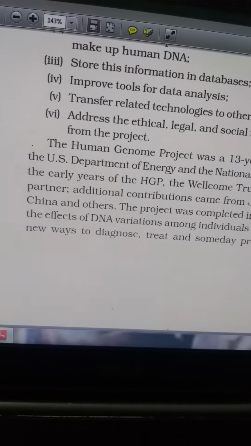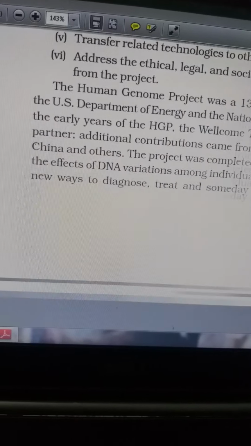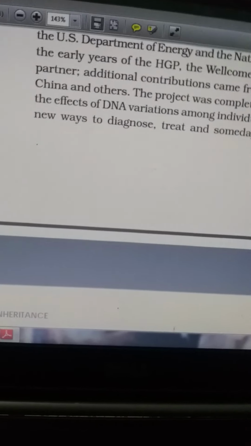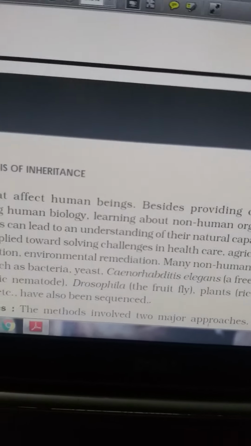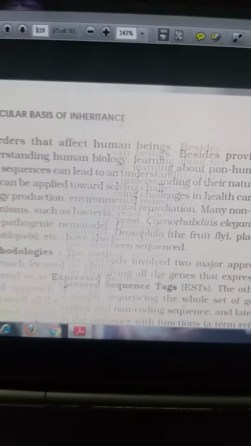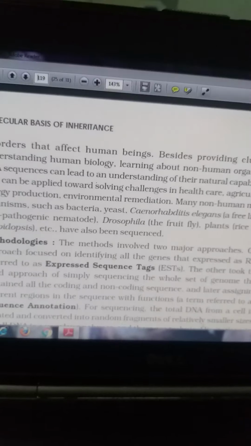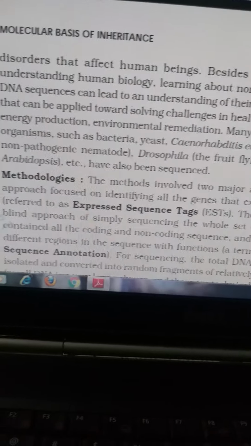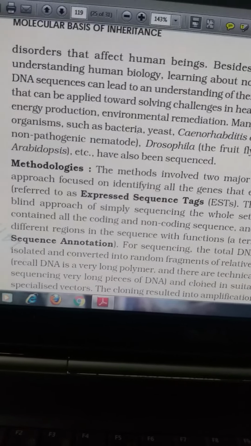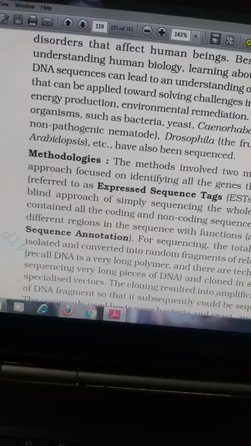And you know, there are certain legal factors also. We cannot misuse human DNA to produce different organisms. We cannot crossbreed them. For example, human DNA cannot be used with animal DNA to produce an organism. Cloning also has certain legal factors. So what are the methods? What are the methods that are used?